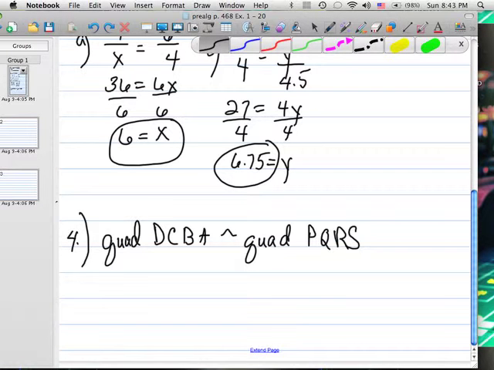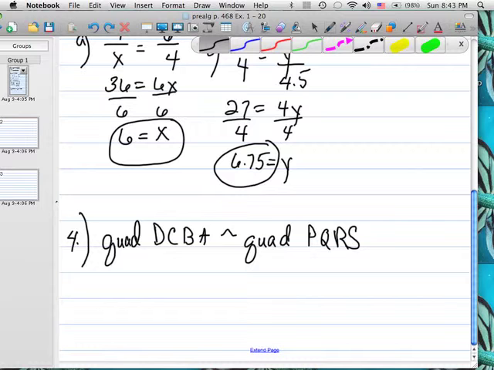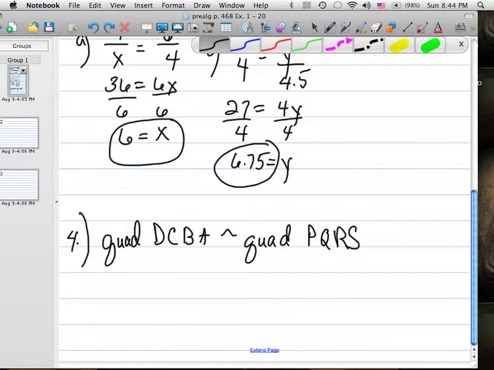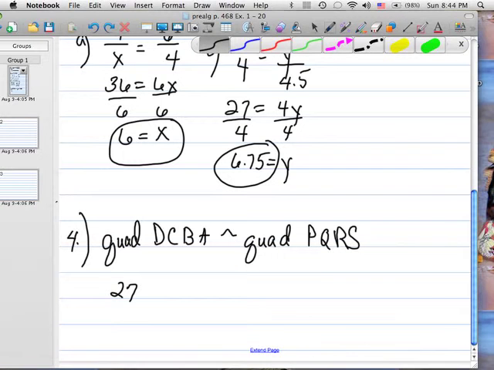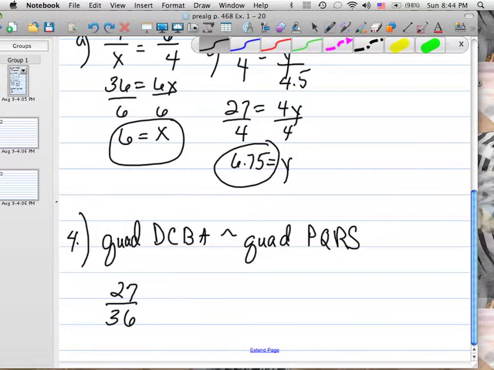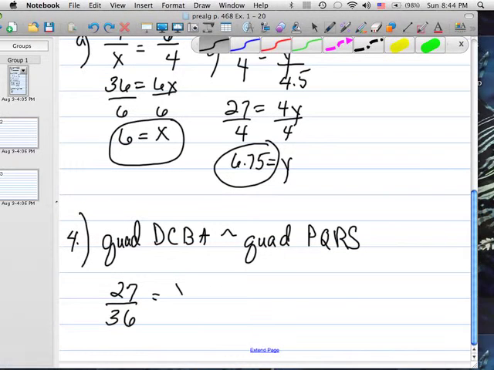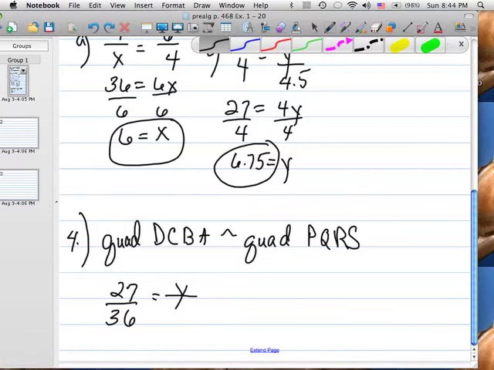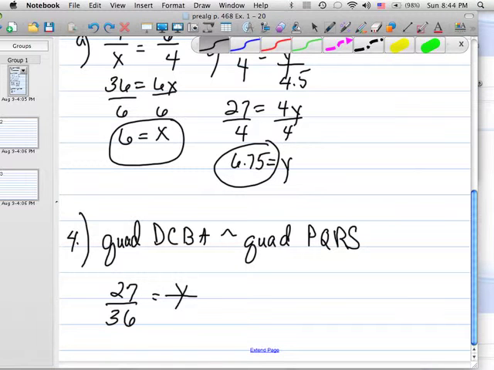And I can see 27 is CB, and CB is the only side given in the smaller shape. So if I put CB, which is 27, and find the same side in the other one, CB matches QR, and QR is 36. So I have my first shape over my second shape in the right place. And I want to find both X and Y, so let's start with Y. Y is CD, and CD corresponds to PQ in the other shape, looking at the letters, and that PQ is 48. So if I do cross products and divide,